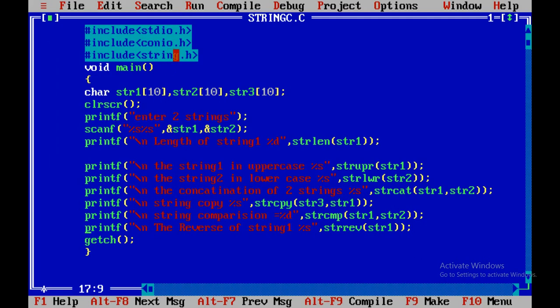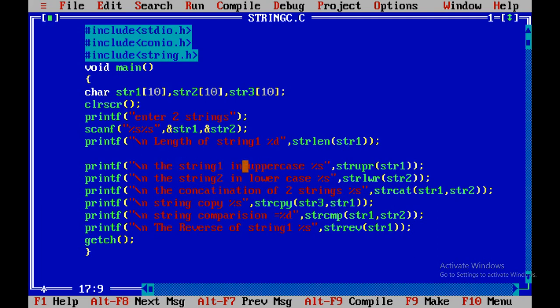In order to work with the string functions, we must have the string.h header file. string1, string2, string3, there are 3 strings. Printf, enter 2 strings, so I'm accepting the data into 2 strings. Now I'm writing the first function, length of the string 1, the strlen function. It returns the number of characters in string 1.